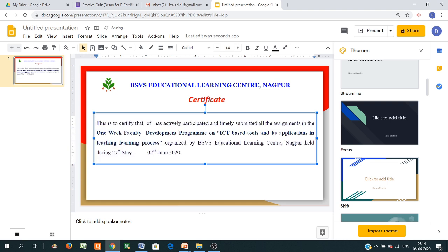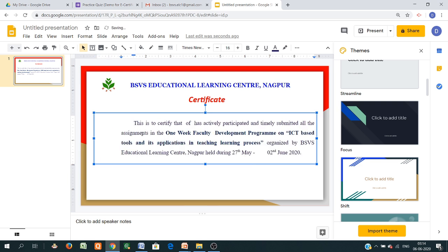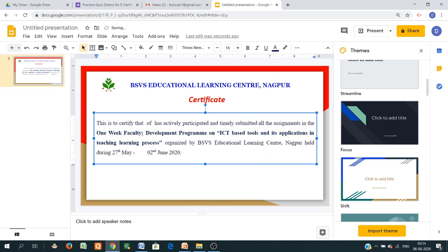So as per your requirement, you can create your content here. Then this is the event. Suppose you want to show the percentage he has secured percentage. We can write down here percentage, here name, here college name.